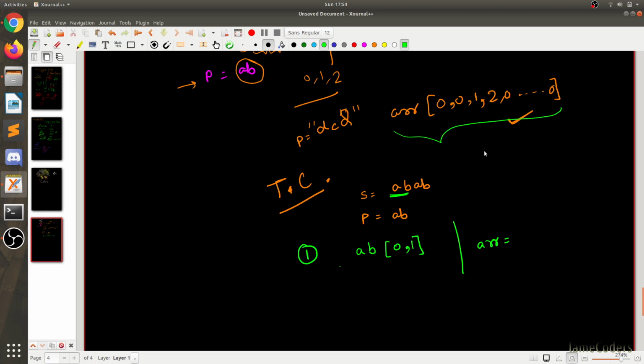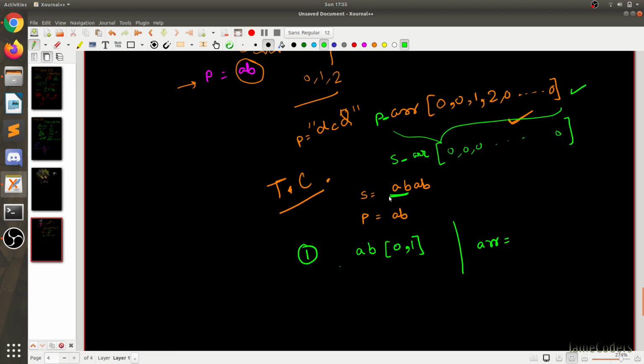this is the array for pattern. Okay, this is the pattern array. I will also create a string array, which will only update the count of alphabets within the length of p. Like the string array is initially 0 0 0. Everything is 0. The P array is given like this.